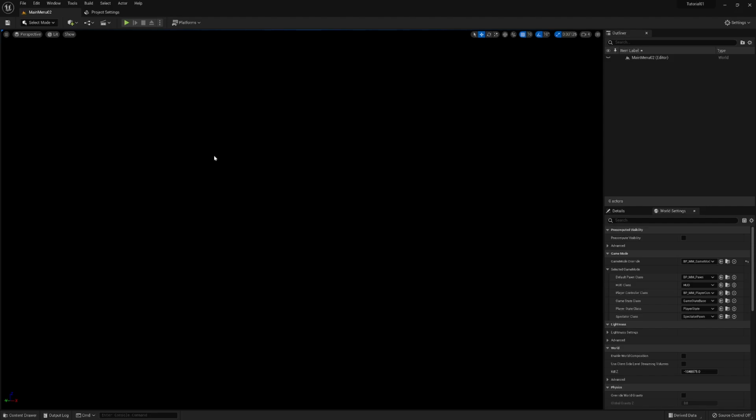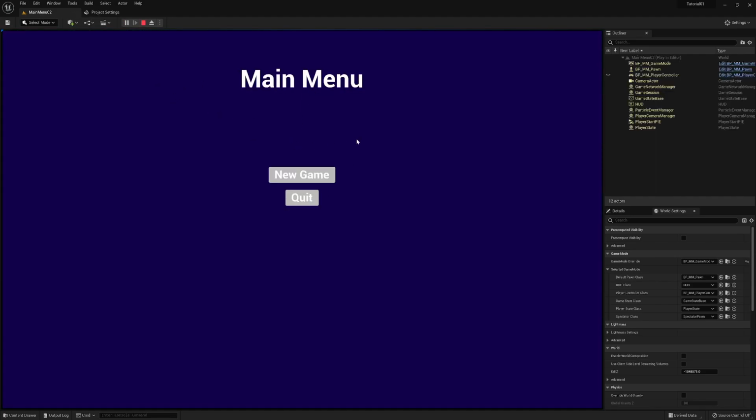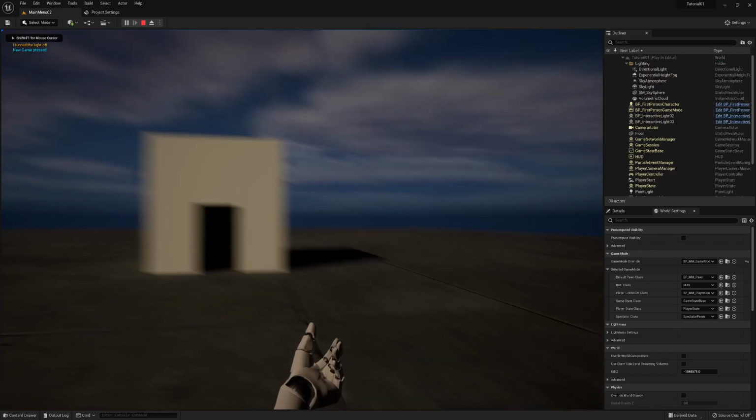Okay, so welcome back to the next section of our tutorials on blueprints in Unreal Engine 5. So what we've done so far is we have a level here, an empty level called main menu 2. If we run that, we get our main menu opening up. If I hit new game, it opens up